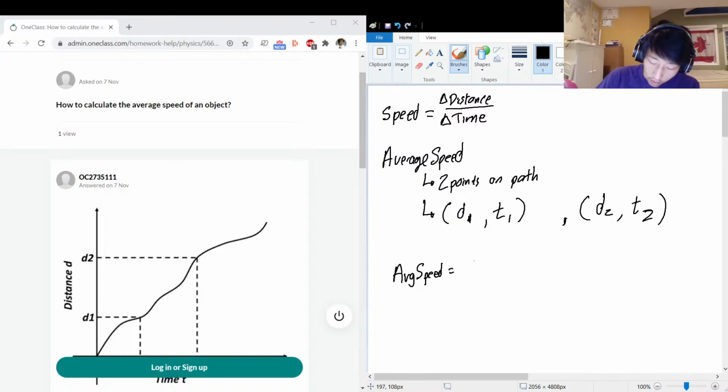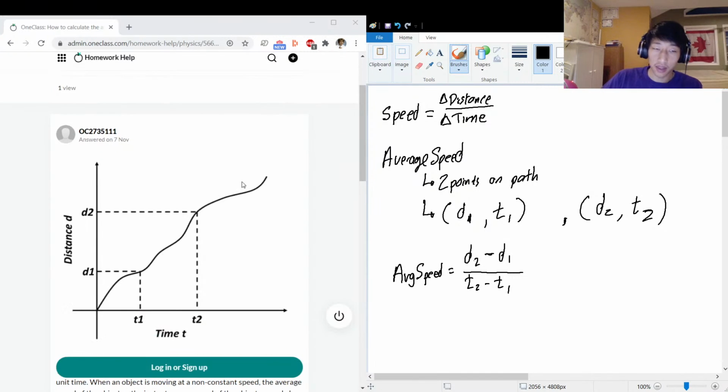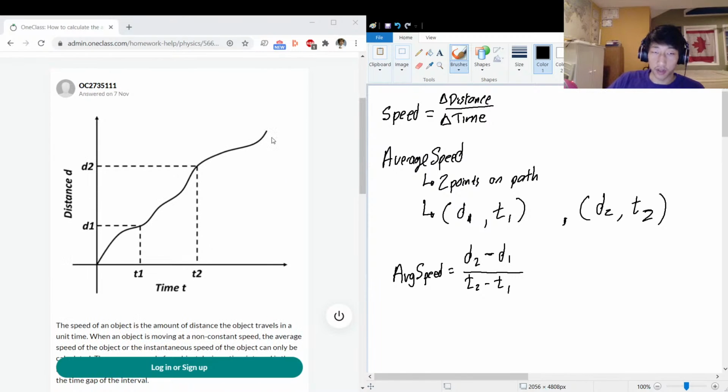Okay, so you're going to do d2, the second distance point, minus the first distance point, d1, over t2 minus t1. Yeah, it really is that simple. So if we had a position function like this, basically the velocity vector, average speed, is going to be like the slope of a straight line between these 2